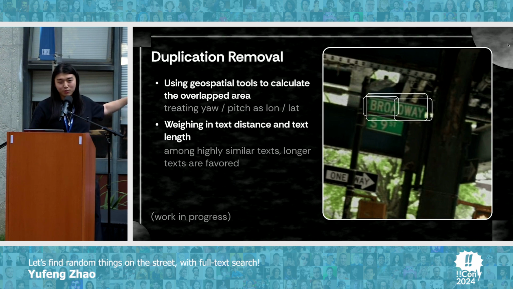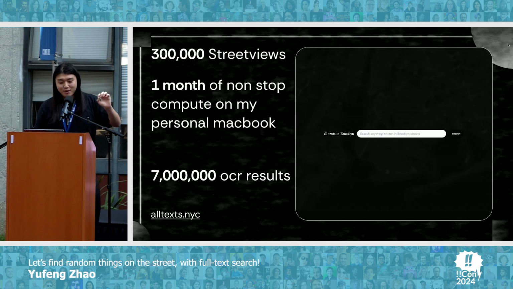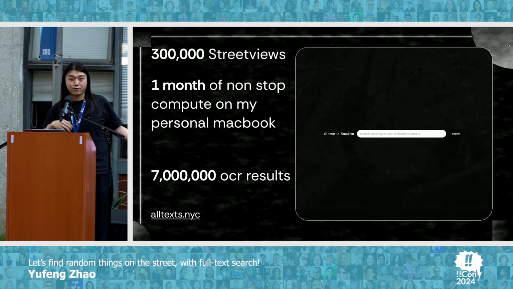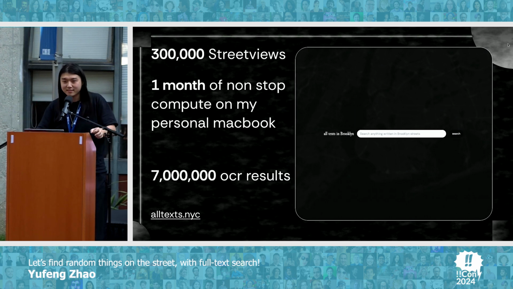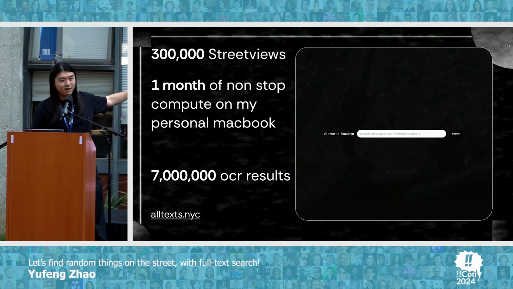But this is still in progress, so you will see a lot of duplications on the actual websites. So with 300,000 street views, a month of nonstop compute on my personal MacBook, because the OCR engine I chose for this task is actually the Mac built-in OCR, which is really good for how fast it is and how accessible it is if you have a Mac. And I ended up with 7 million OCR results, and all on all text